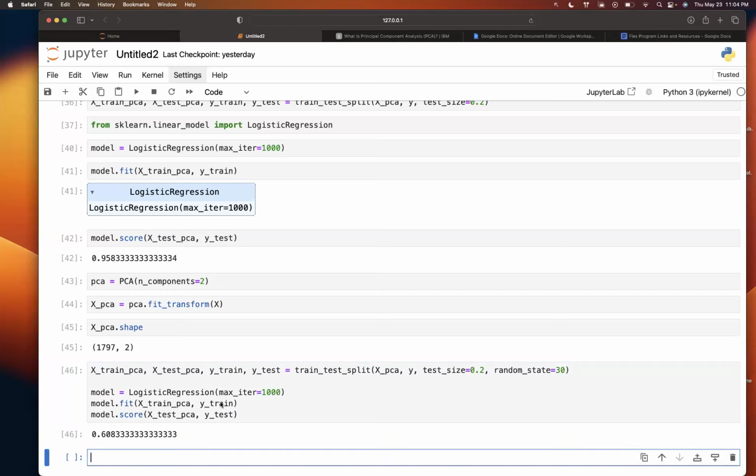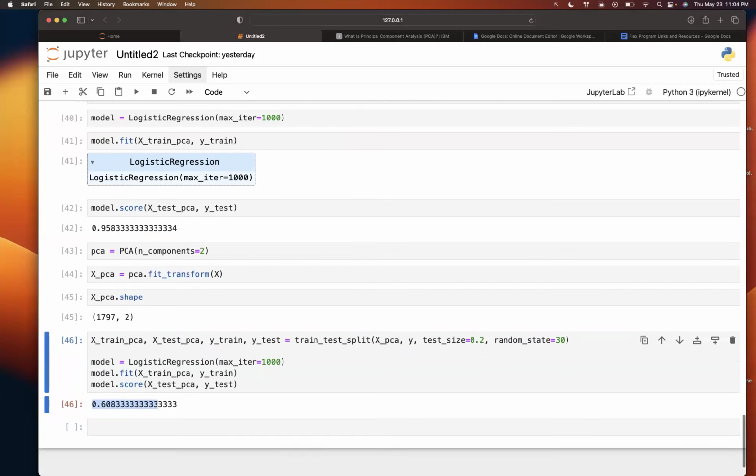So if we use fewer features in some cases, as you can see, the score was lower, logistic regression now doesn't have